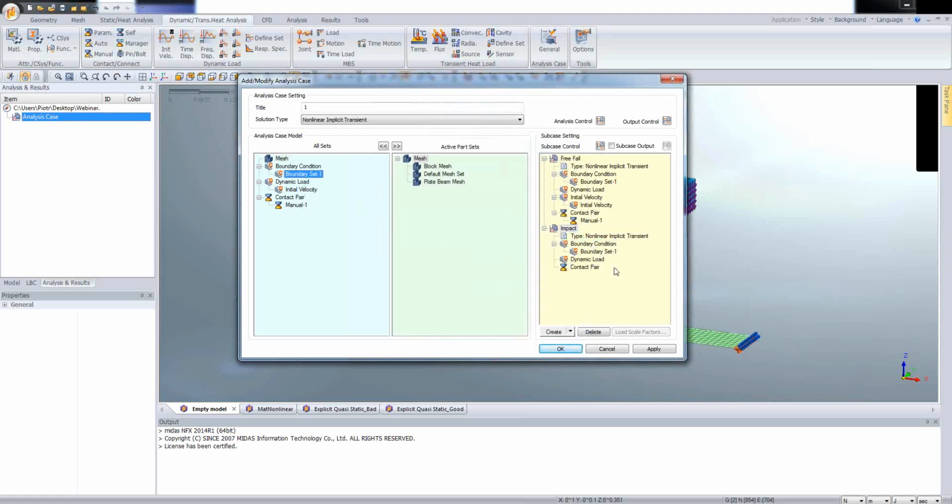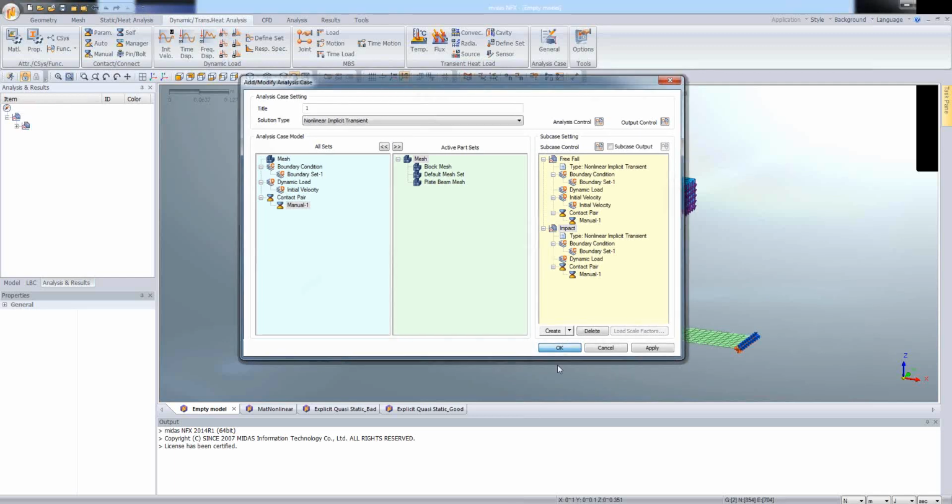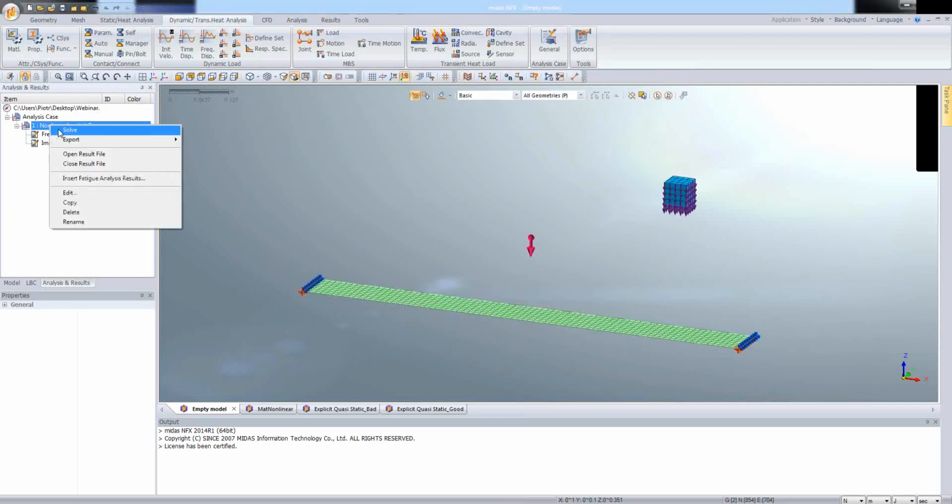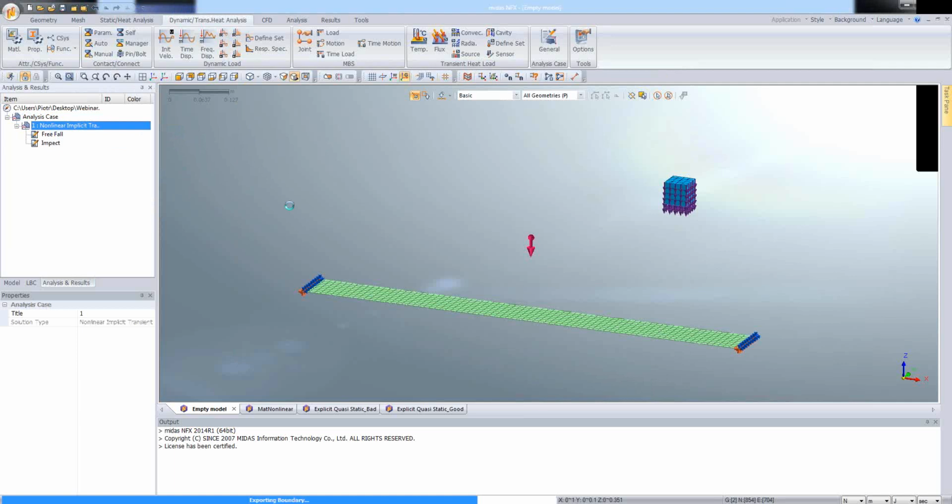Let's assign the same boundary conditions, and there will be no initial velocity in the second set, so the manual contact is the one feature which is supposed to be defined. So now I'm clicking OK, and let's start the calculations. I'm clicking on solve,